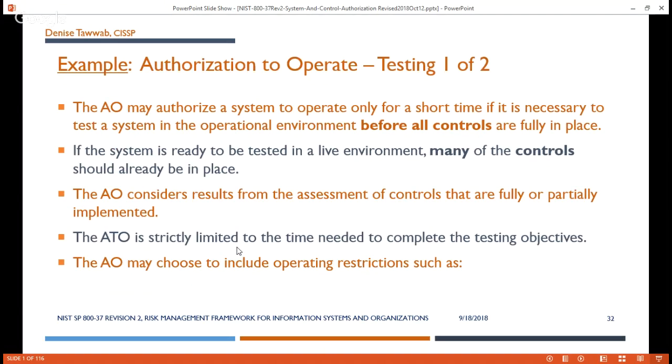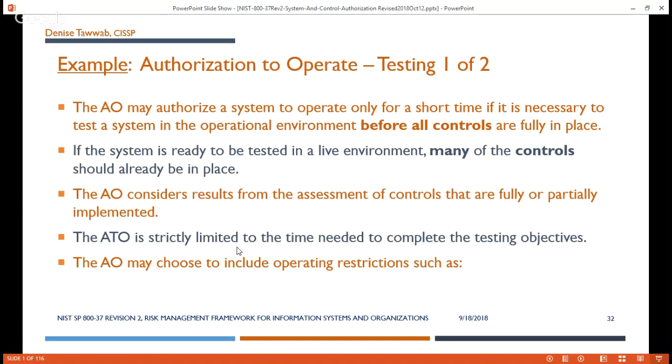So here's an example of an authorization to operate. The AO may authorize a system to operate only for a short time, just to test the system in an operational environment before all the security and privacy controls are fully in place. So if the system is ready to be tested, and this is a system under development, if it's ready to be tested in a live environment, then many of the controls should already be in place. And the AO will consider results from the assessment of the controls that are fully or partially implemented. In that case, the ATO is strictly limited to just the time needed to complete the